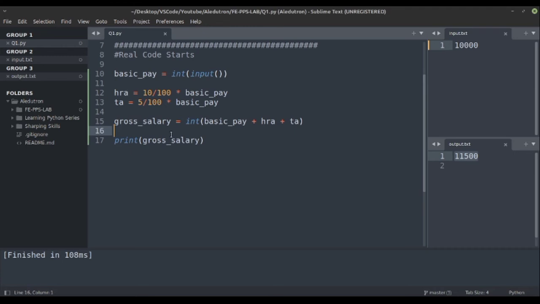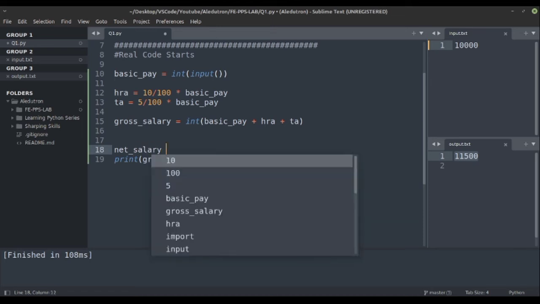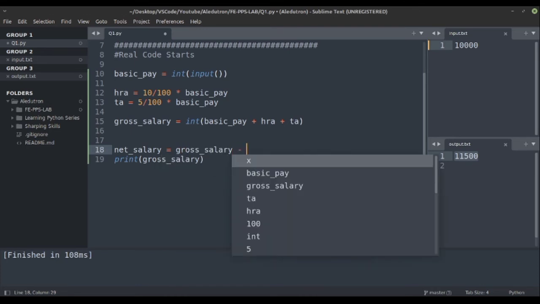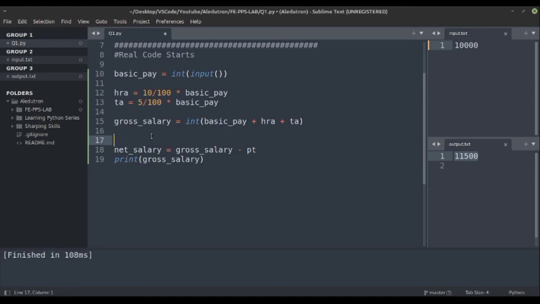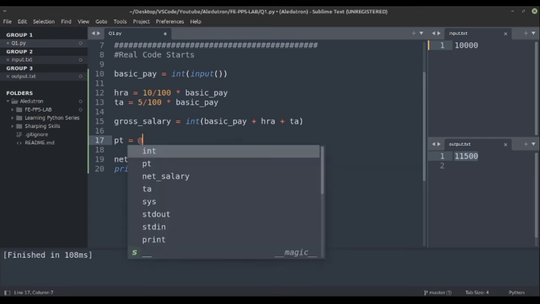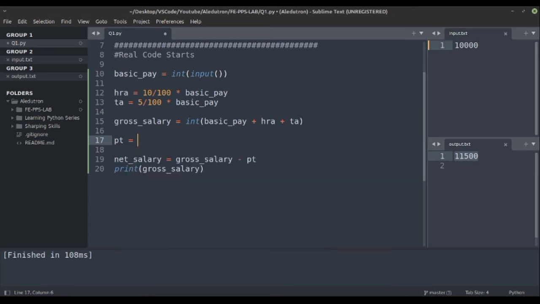After printing the gross salary, now we have to calculate the net salary. Net salary equal to gross salary minus the professional tax PT. Let's create a variable PT which would store 2% of the gross salary.